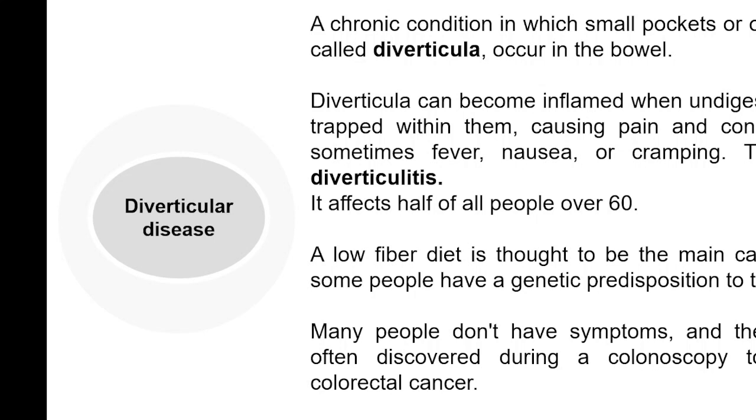Because if you are eating chicken all the time, it doesn't have any fiber. There is no problem in eating chicken, meat or other things, but the amount of fiber is very low. So if you have the practice of eating too much meat, what you can do is compensate by taking a lot of fiber rich vegetables. When you eat a lot of fiber rich vegetables, that will keep your bowel movements proper, and you don't feel any diarrhea or constipation, and you have a very healthy bowel movement, so that you will remain healthy,